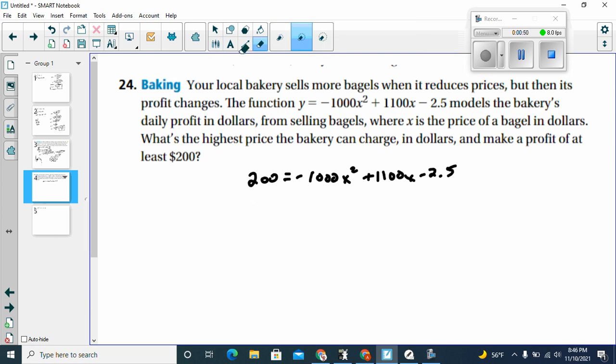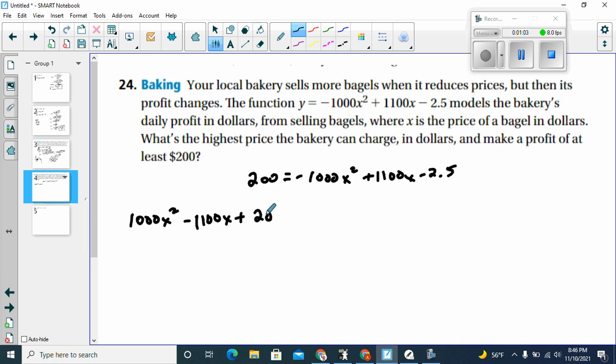Generally, it's easier to work with a positive leading coefficient. So adding 1000x squared to both sides, subtracting 1100x, and adding 2.5. Let's solve by using the quadratic formula. You could also solve it by graphing, especially if it's a calculator problem, which I would assume this would be. Solving by graphing is probably going to be the fastest way, but it is in the quadratic formula section, so